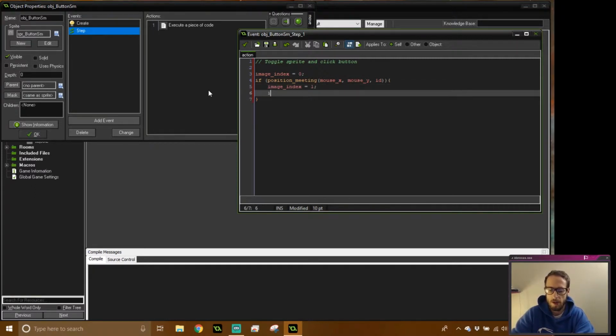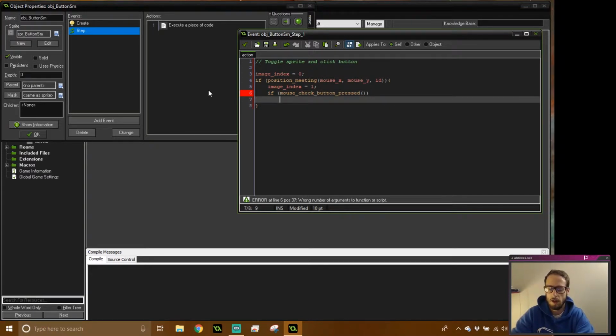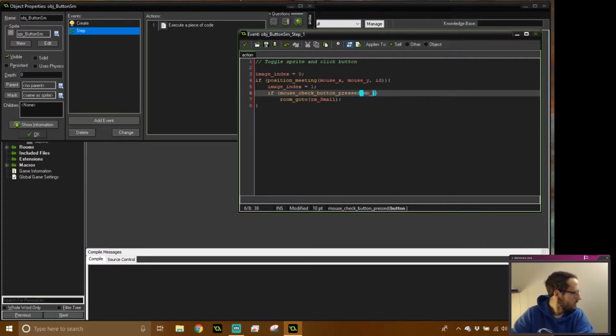And then we're going to say if mouse check button pressed. All we need here is a room go to, and since this is the small button, we're going to say rm small. We don't have any rooms actually. We'll do capitals. Oh, I already made the small room. That freaked me out. Okay. Oh, mouse button pressed, mouse button underscore left. So if we press the left,